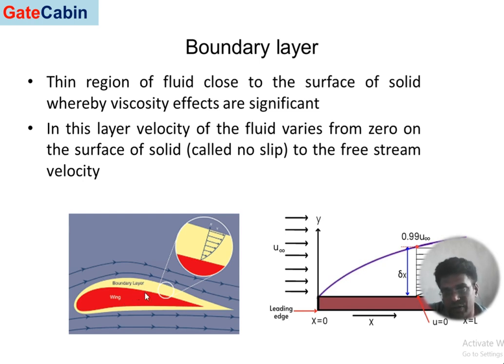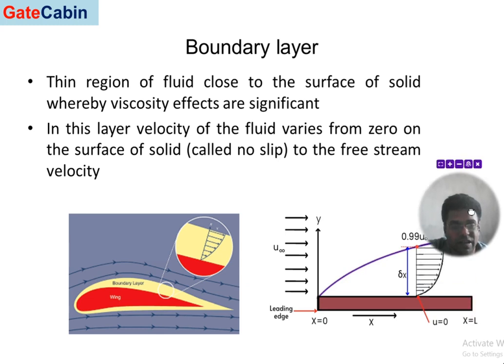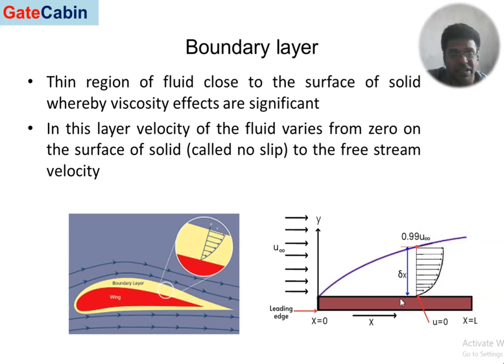Immediately on the surface of a solid, the velocity goes to zero. This condition is known as the no slip condition, which is very helpful while analyzing studies using software, where it is what is called the boundary condition. So in this region the velocity changes from zero on the surface of the solid, which is also termed the no slip condition, to the free